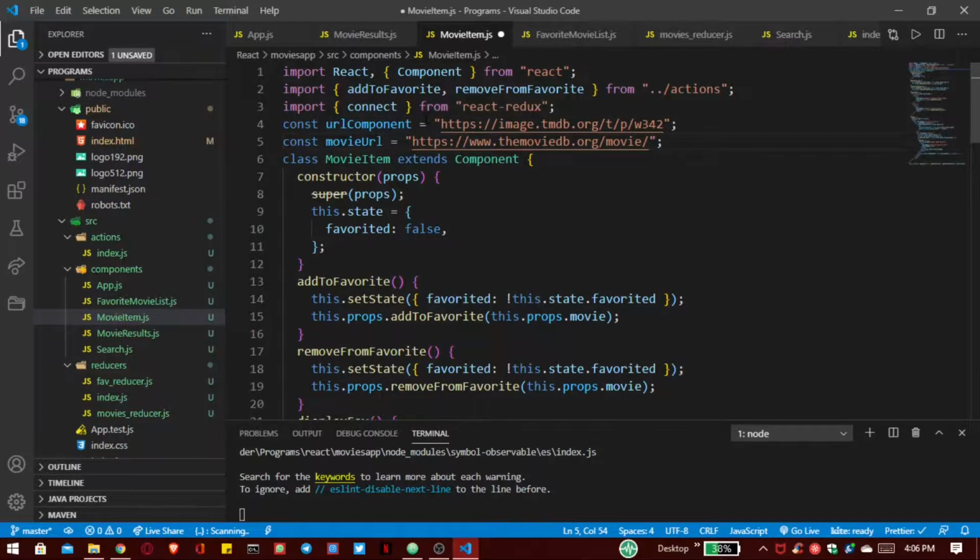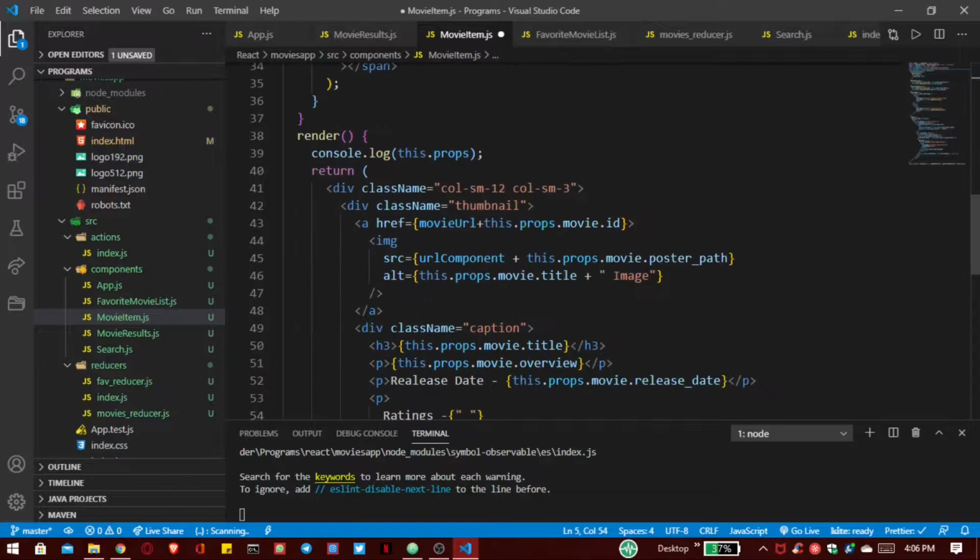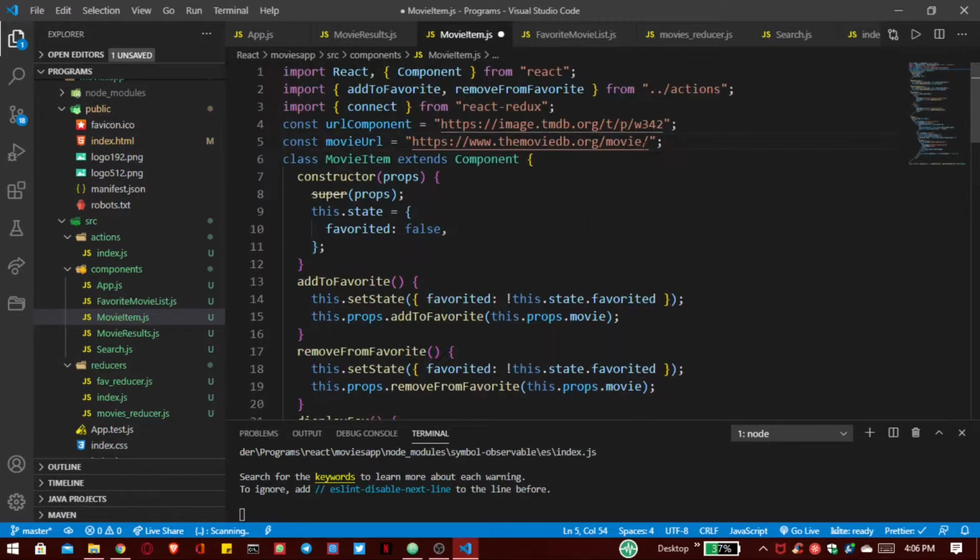So remember, the URL component is for our image, that link is provided by TMDB, and for our movie URL this link is provided by TMDB also. And we can add our movie name by this plus sign, and here also the plus sign, and here we have to add our movie ID that we selected to this URL, so we can get that page that TMDB provides us.